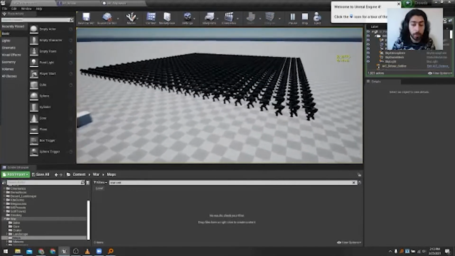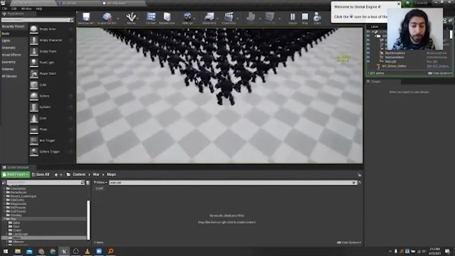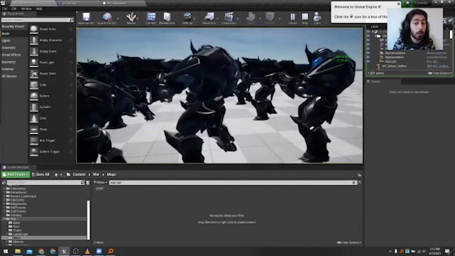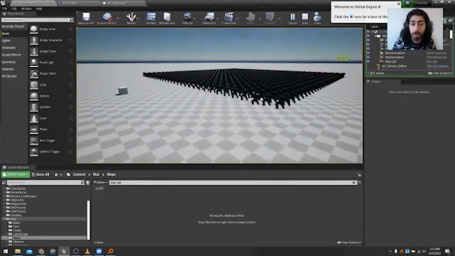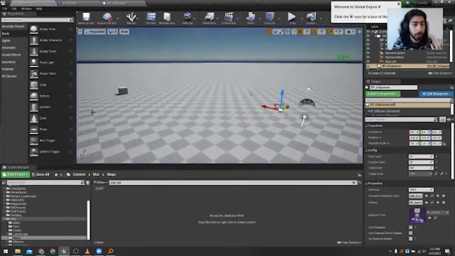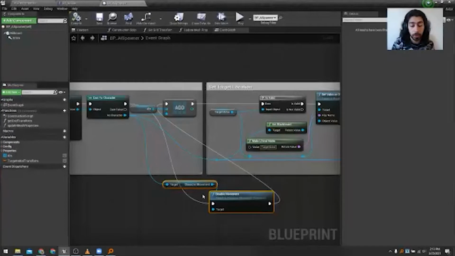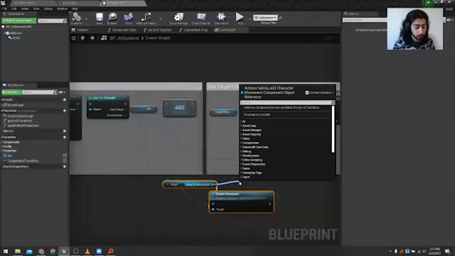Well, great, we have performance, but we have AIs that are neither moving nor animating, and that could be an issue for us. So if we look into Unreal Insights, what is more specifically using the performance is actually physics interactions. So we don't have to completely disable movement. All we have to do is disable physics interaction.